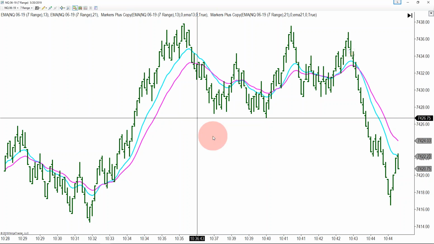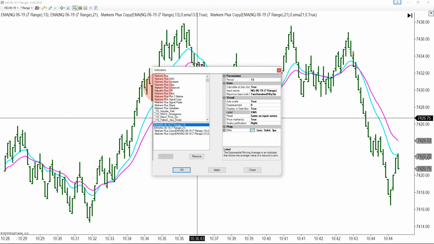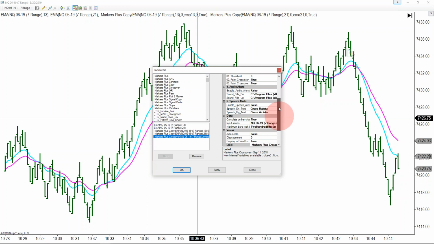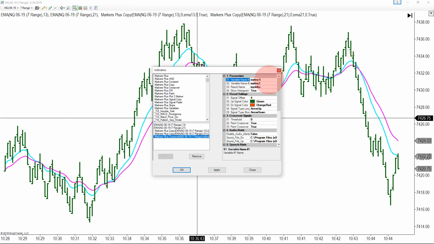I'm going to click on Indicators, and I'm going to click on Markers Plus Crossover. I'm going to click New. Then I come in here and I use, remember what I called the 13? I called it EMA 13. So that was the variable name for the first one. The variable name for the second condition was EMA 21. And now the result name for this crossover, I'm going to call Cross